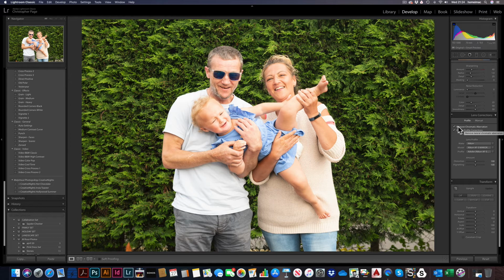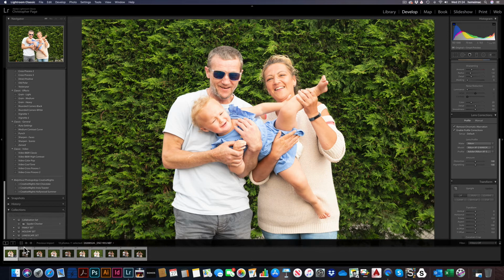Removing the chromatic, that's when you can end up getting haloing around, and it will actually remove that. And again, that's an optical effect, not necessarily a digital effect. Again, depending what lens you have, it's going to adjust it differently. And if you're on a zoom lens, depending what focal length of zoom you got on it, it will make a different adjustment. So I'm going to go back to the thumbnails,